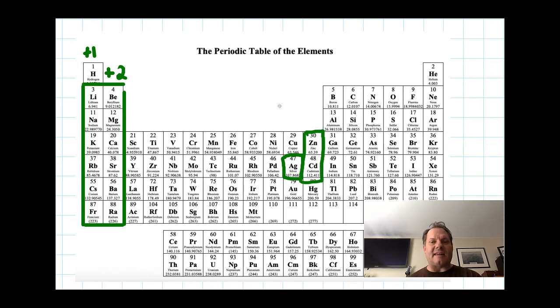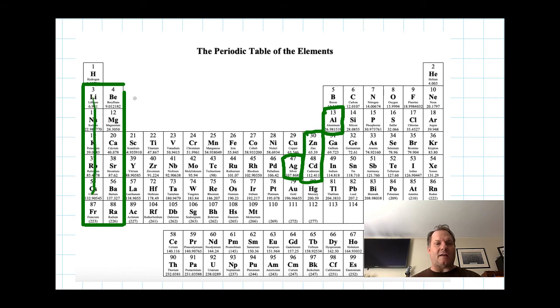Both zinc and cadmium will always form +2 ions as a charge. So zinc and cadmium are +2. And aluminum will always form a +3 ion, as we kind of predicted. So on your periodic table, it's very helpful to have all these things boxed off so that you know if